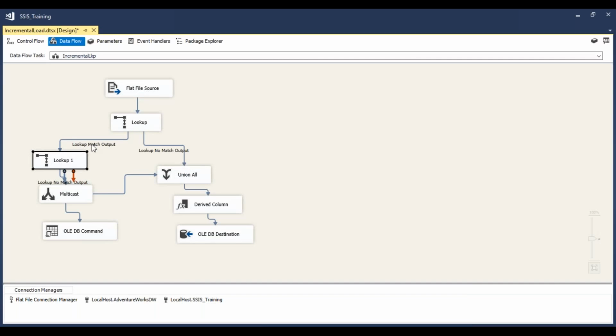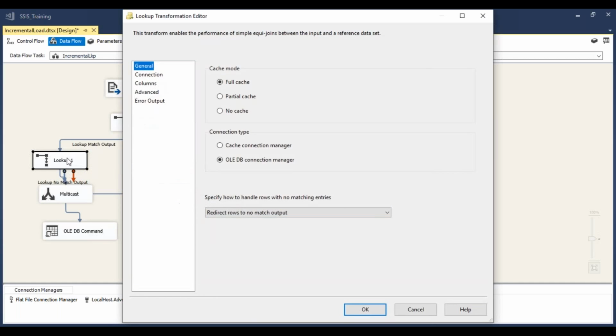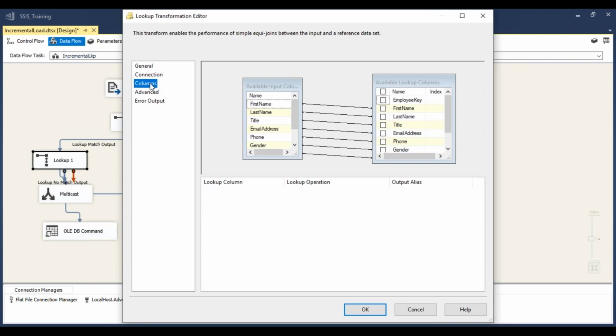Okay. Now I have already identified the records which are update records, or which are present in the source as well as the dimension, so they need to be updated. Now I'm going to refine my filter to identify only those records out of those updated records which have a genuine update in any of the attribute values. So what I'll do in this lookup transformation task is again perform a lookup, but this time I'm going to perform a lookup between all the columns in my table. So if any of the values has changed,